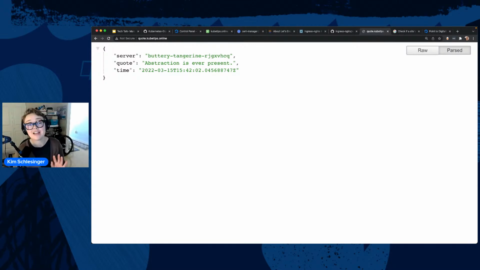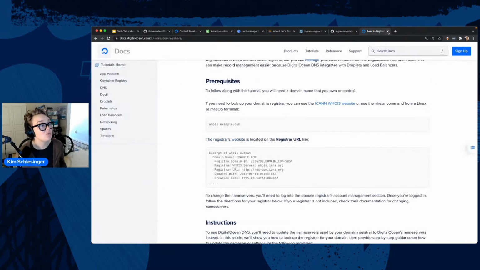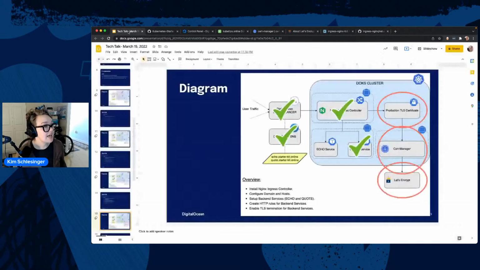We don't have a certificate from a certificate authority saying like, hey, I can verify that Kim owns that domain. And so you don't have to worry too much about her trying to trick you. So let's figure that out. So we'll close out some of these tabs. We'll see where we're at and keep going.